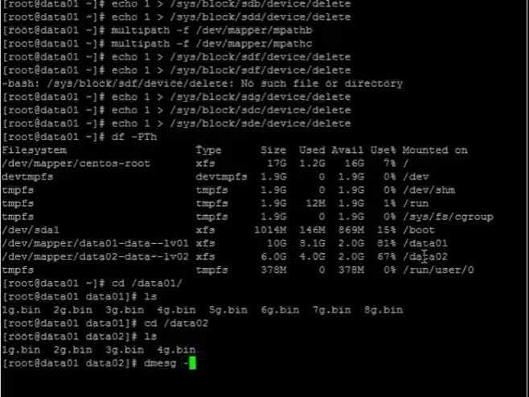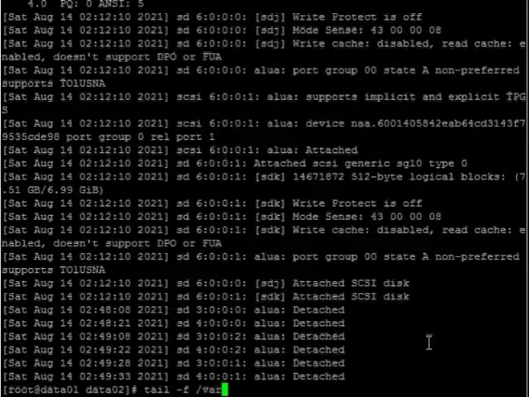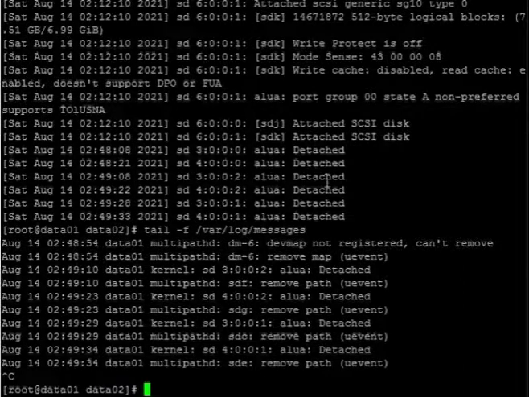Let's check the dmesg, because dmesg is the kernel scratch pad. So you can see there is nothing continuously writing on the dmesg. Let's check the log messages. Here you can see there is nothing continuously writing on the log messages either.